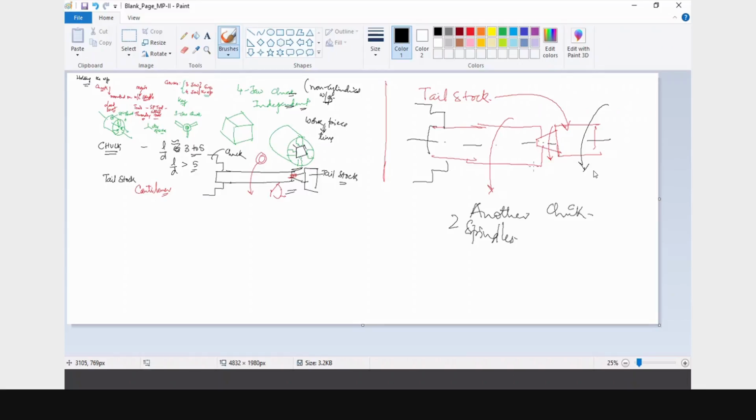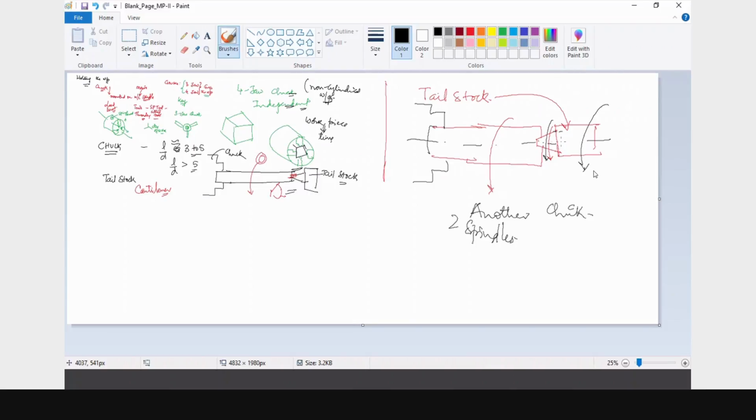And these two spindles should have some sort of understanding between them, so that there is no problem when you rotate. That is the reason this will be held in a ball bearing inside, so it rotates automatically because it is a loose element.